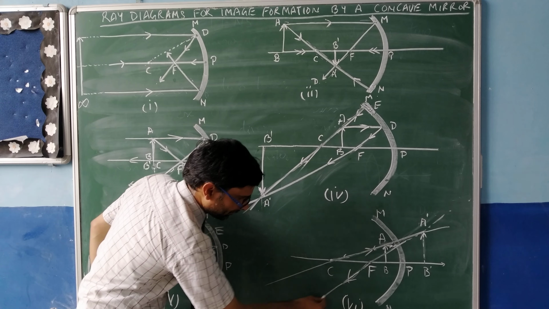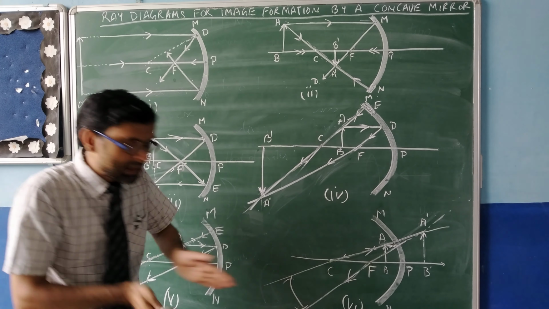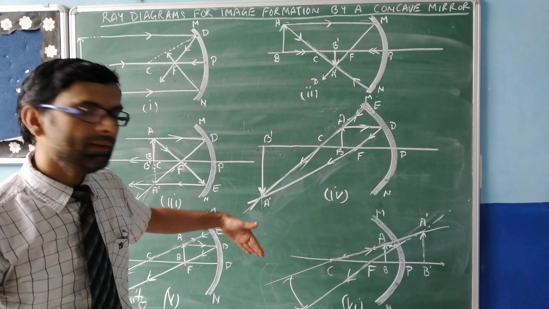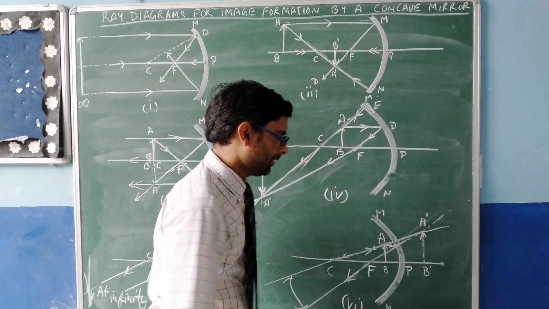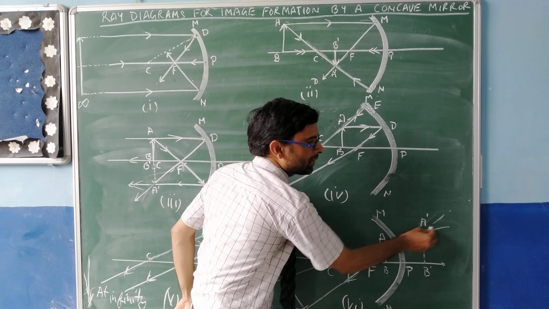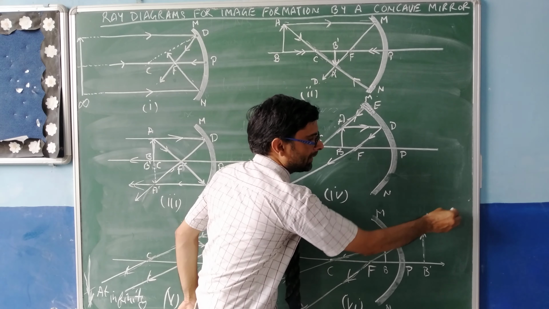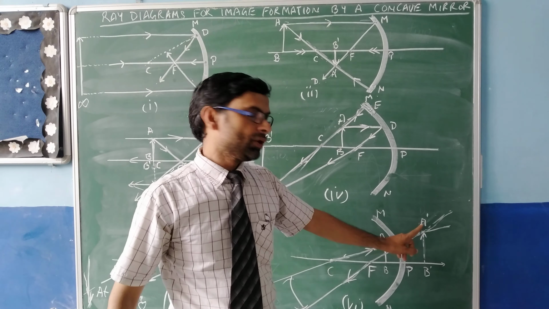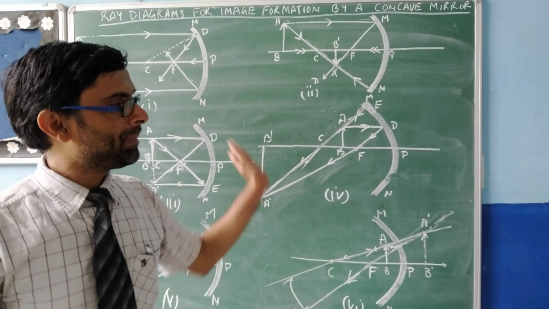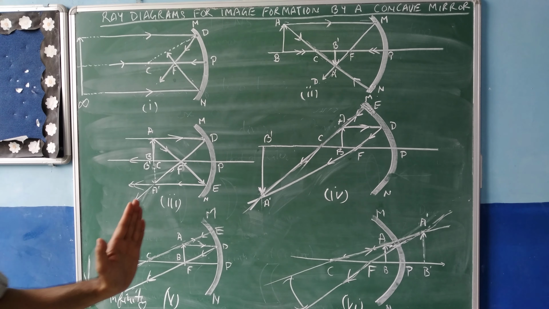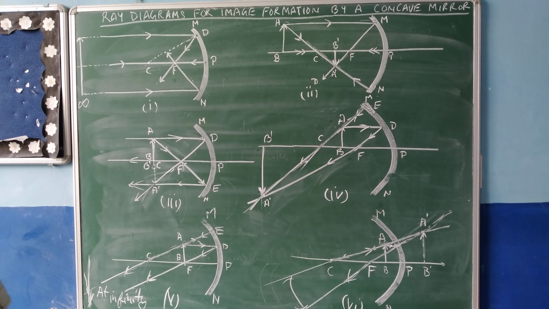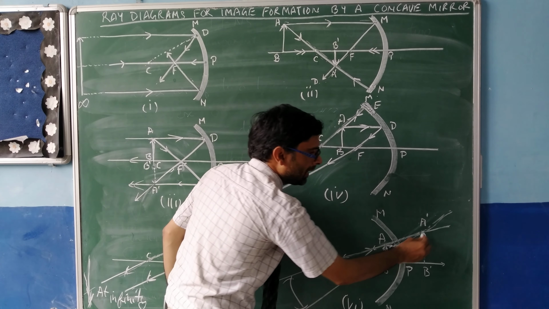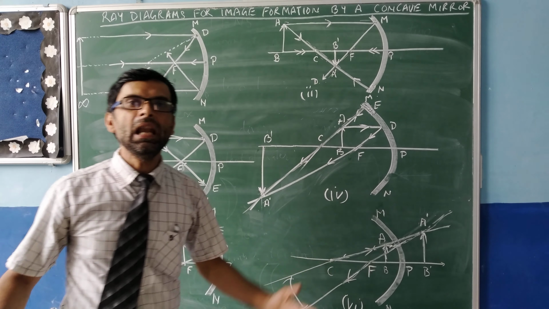Now here see, the rays are diverging. Therefore, they will never meet on this side. They will meet behind the mirror. When these rays are produced in the forward direction, they are assumed to intersect at this point. So the image will be formed behind the mirror, and the size of the image is enlarged. Means this is the size of the object, it is small, and the size of the image is somewhat enlarged.